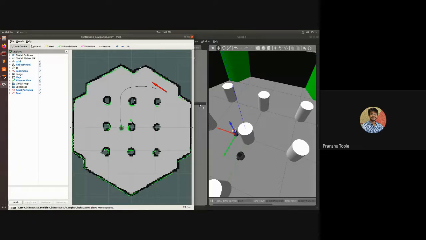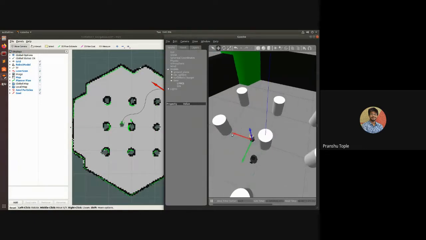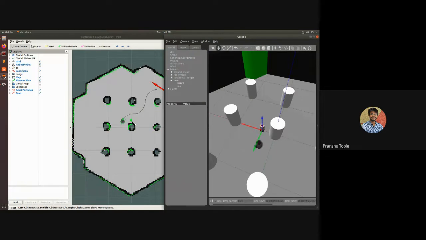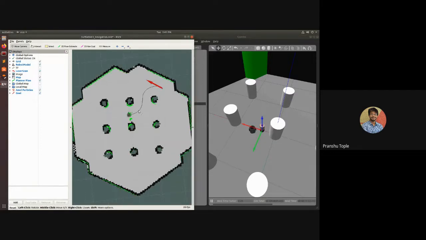But again, we'll be learning how to make our own robots using it, how to make efficient path planning. It's now thinking whether it should go like this or like this. So it thinks like a human. Instead of going exactly straight, it takes a curved path. Why a curved path? Because it can go very easily without affecting its linear velocities. If it goes straight, then stops, then rotates, then goes straight again, it will take more time. Instead, it can go at full speed in the curves. That is how it reaches the goal.